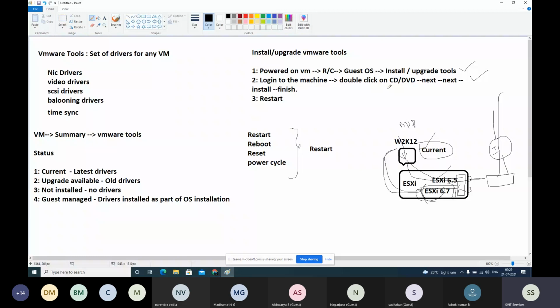On a Linux machine, there are different commands to use. So you don't need to worry about that. The Linux team will handle it. Separate Linux guys will handle the installation from the Linux machine. But for Windows machines, we will see now. Okay, our machine is ready.